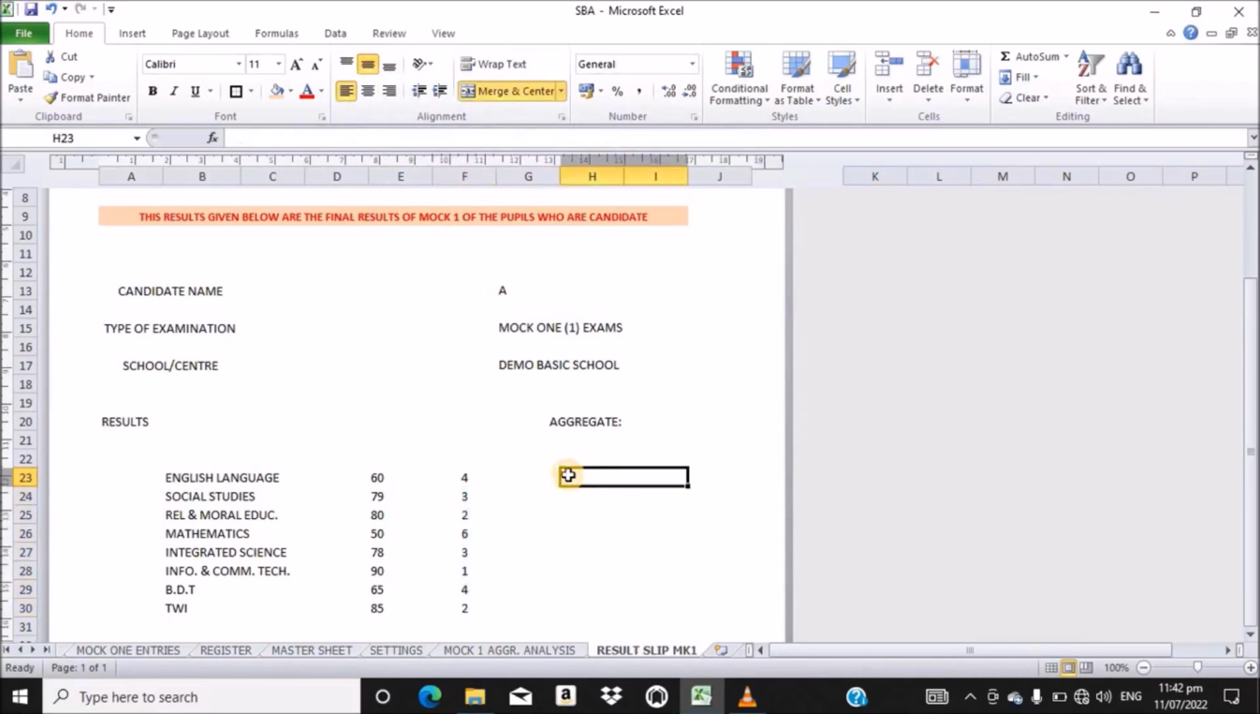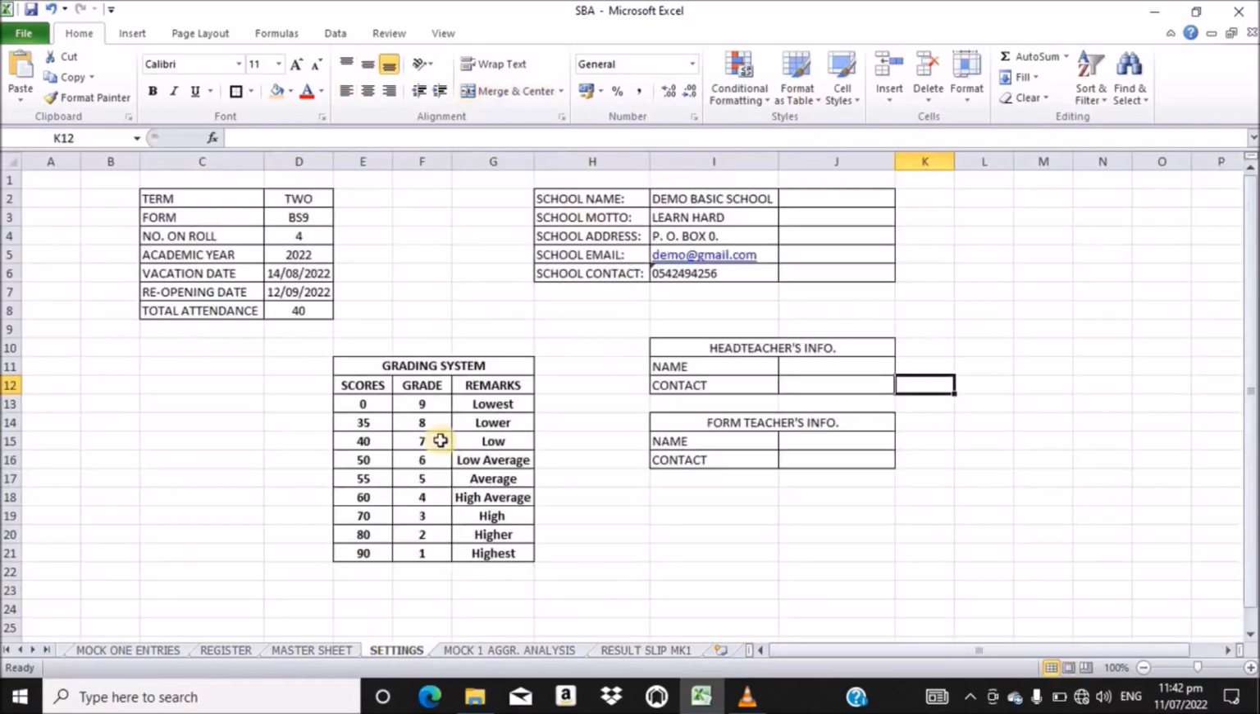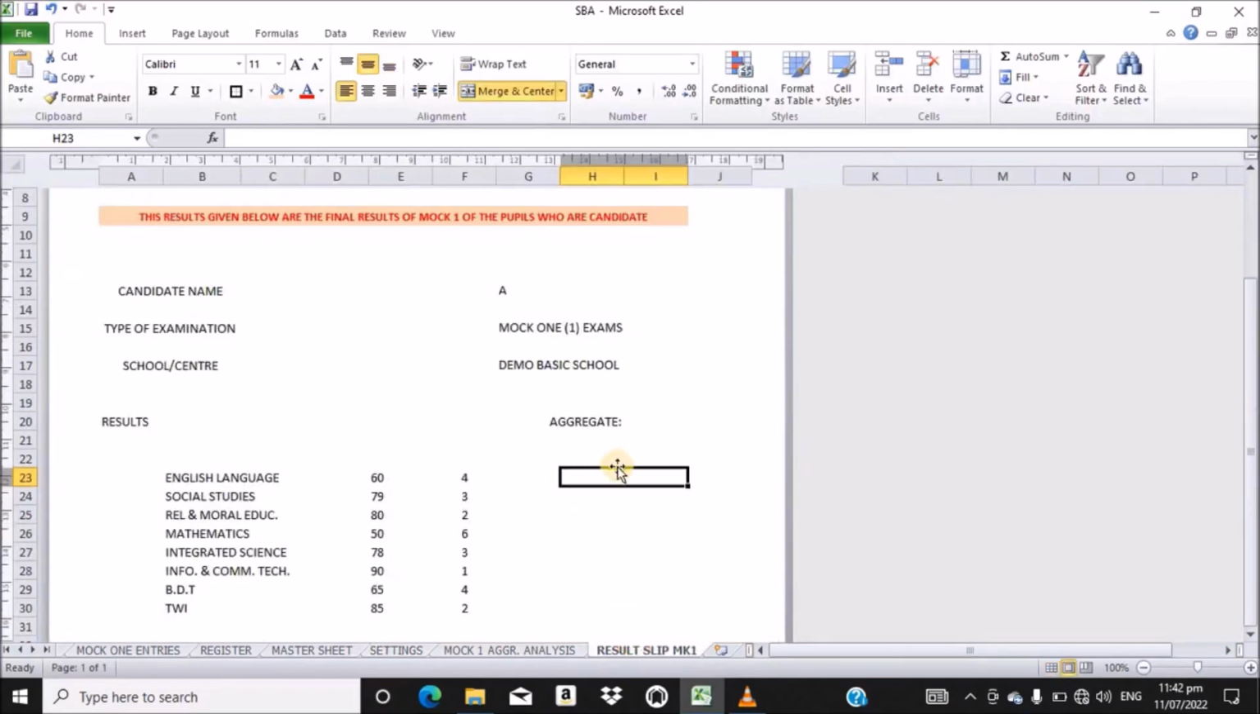Okay, so now we are coming to work on the remarks. Now when you come to the settings, we have the grading system here, the scores, the grade, and then we have the remarks also here. So this is what we are going to do. We are going to use a function called VLOOKUP to work on our remarks. So let's type equal to VLOOKUP,